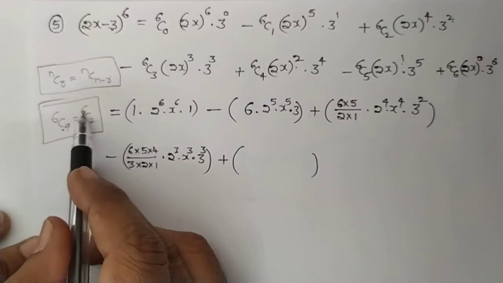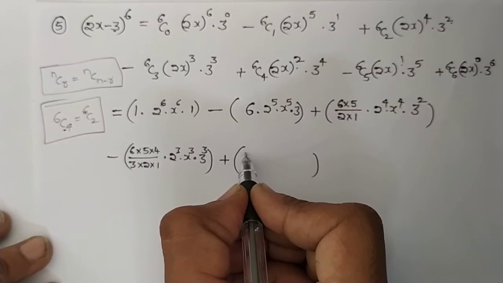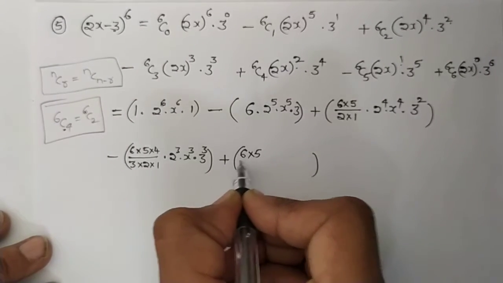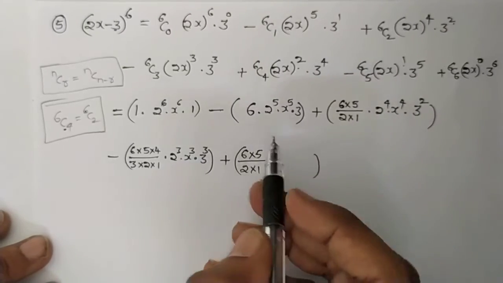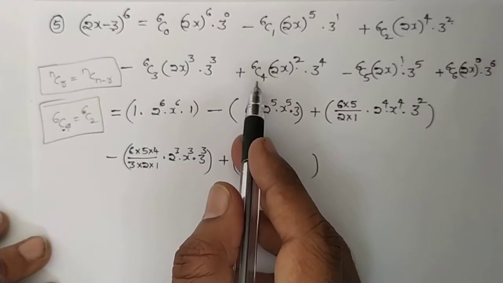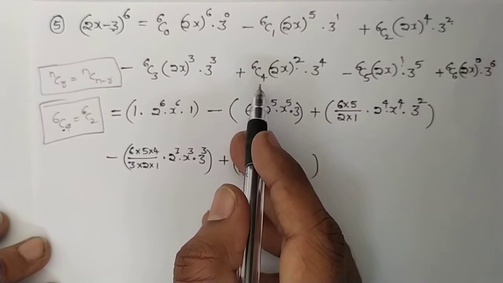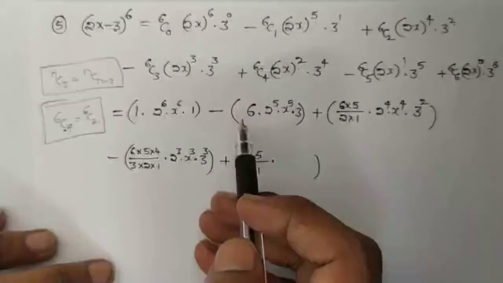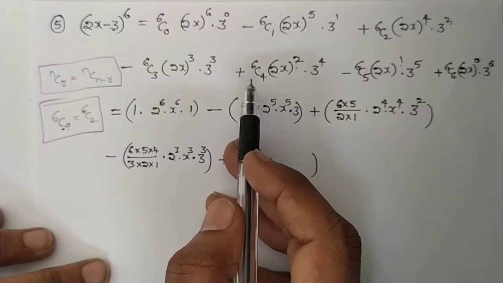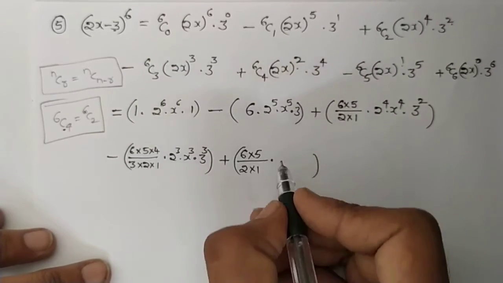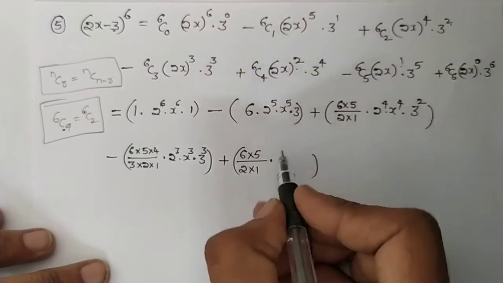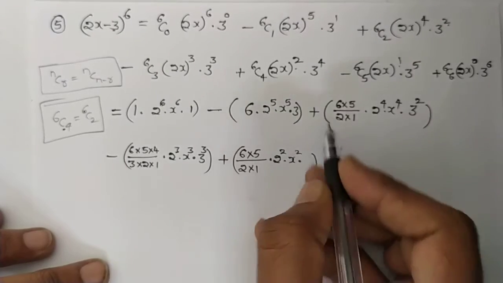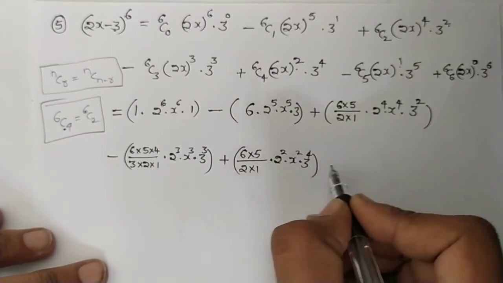6c4 can be written as 6c2 by using the formula, so I am just reducing these steps. 6 into 5 divided by 2 into 1. If you are getting confused, you can simplify like 6 into 5 into 4 divided by 4 into 3 into 2 into 1. I'm just reducing the steps. 2 square into x square into 3 power 4, minus